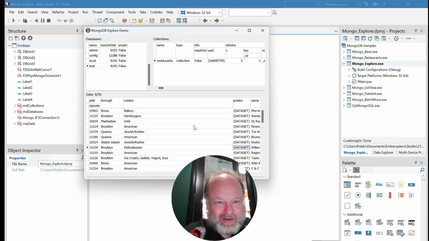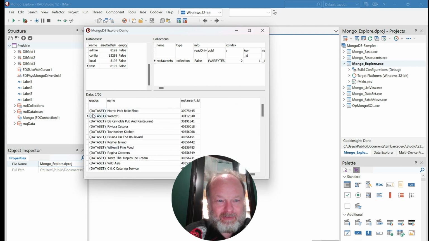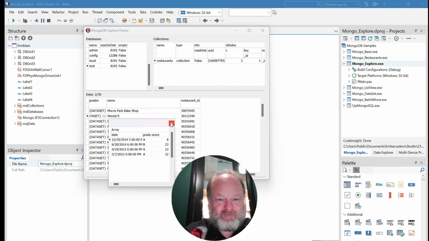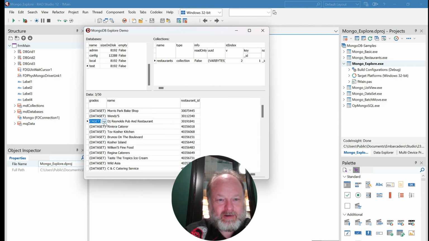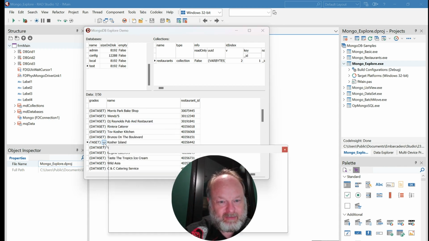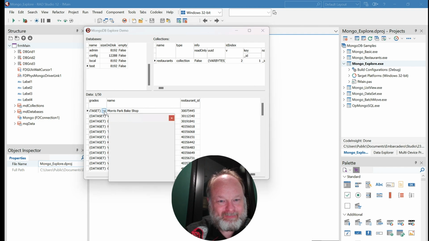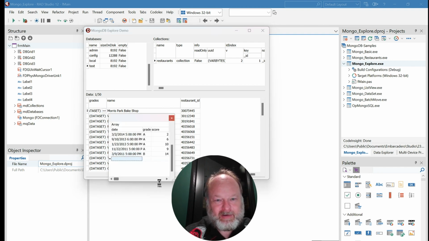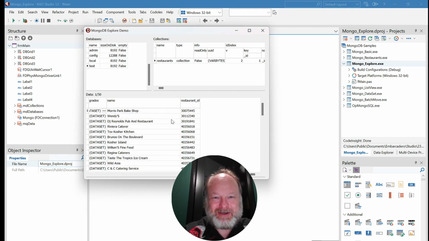So let's see, I come here to grades and see this one has 4 grades, where this one also has 4 grades. Let's see, some of these have different number of grades. There we go. That one has 5 grades. And I could put another one in here too, but I'm not going to because you saw I had multiple different numbers. So there you go. That kind of gives you an idea of the way